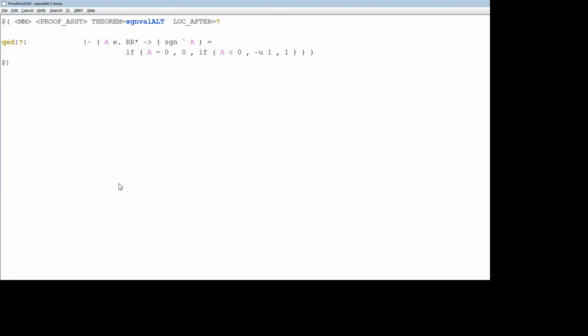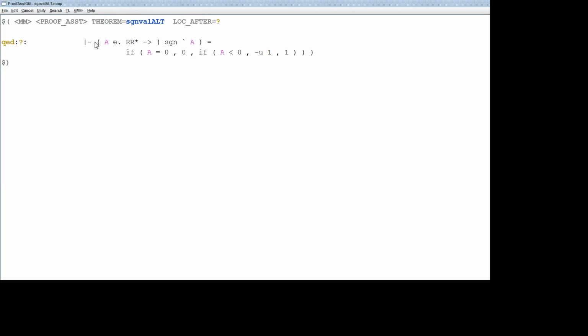We've defined a mapping, but usually you apply a function directly using a function application. In set.mm, that's the backquote operation. So we need to prove that function application is what we think it would be based on the mapping. No big deal. Usually these are called function name val. I'm going to define it as an alternate because I actually already have this defined. And we're going to prove from the mapping that indeed the function application does what we would think it would